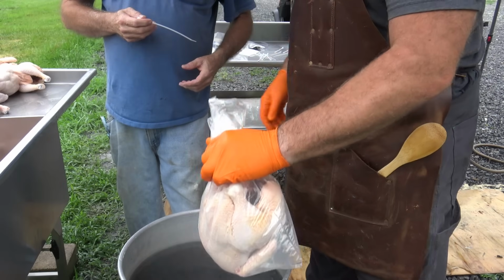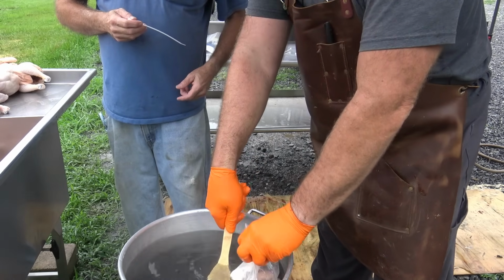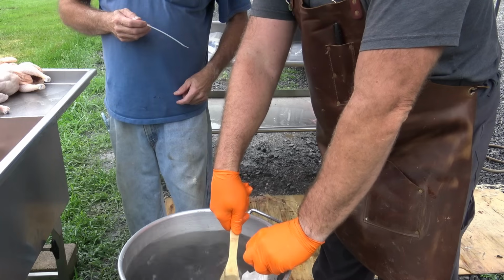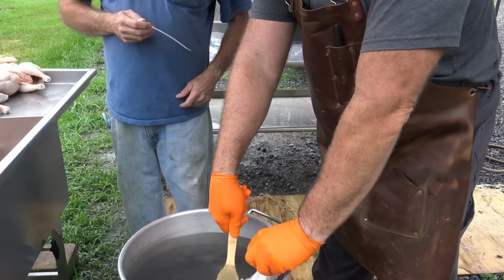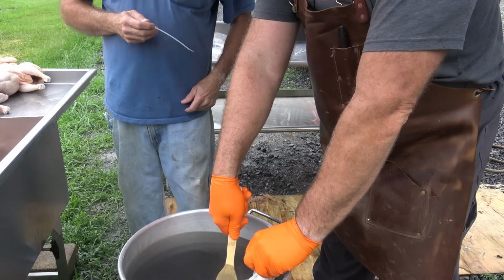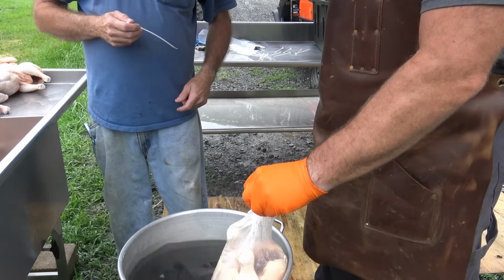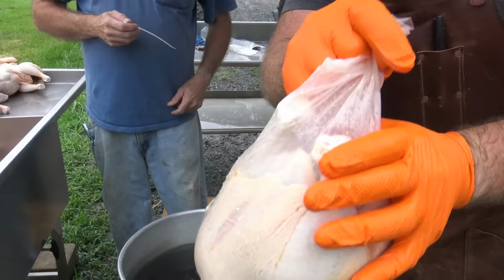We want to set him down in the warm water, and I've got a wooden spoon right here. I'll press the bird all the way down. Basically, we're just trying to get the entire bag warm. Well, we'll count to about 5 or so, 5 or 10. Get that bag nice and warm, and what it's doing is heating it up. And when we lift it out, the bag will draw up around the bird, and you can see it's drawn